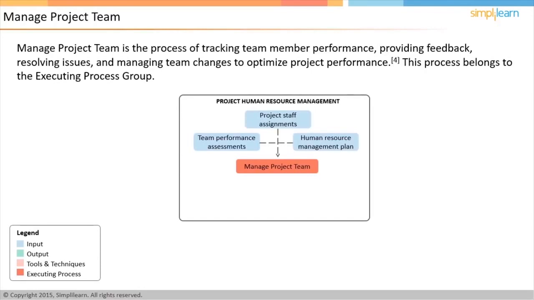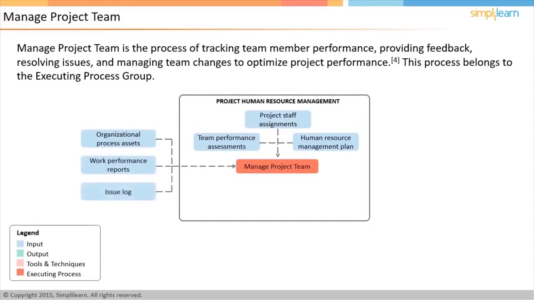Some organizations have templates and procedures to do such assessment, and that being the reason why Organization Process Asset is also one of the inputs to this process. The work performance reports, as well as issue logs, will be inputs because the team management activities have to be performed in this context. Observation and conversation is a technique where the project manager monitors and discusses the tasks done